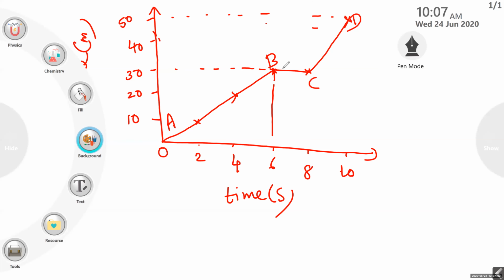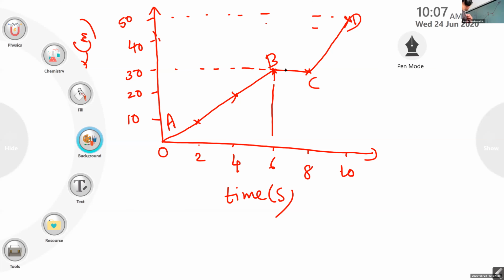So here you can see, my question is to Maria. The entire graph, whether it's a uniform motion or non-uniform motion? Entire graph, what does it indicate, Maria? Uniform or non-uniform? Unmute and tell me. If you don't know, you just tell me, ma'am, I don't know. I will ask other people. Ma'am, uniform.